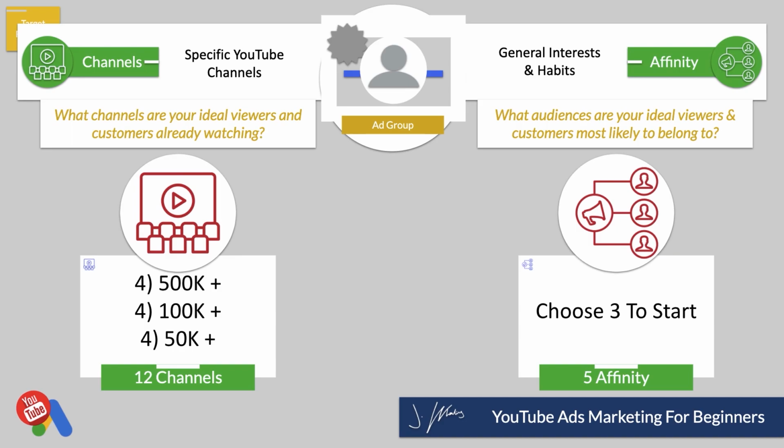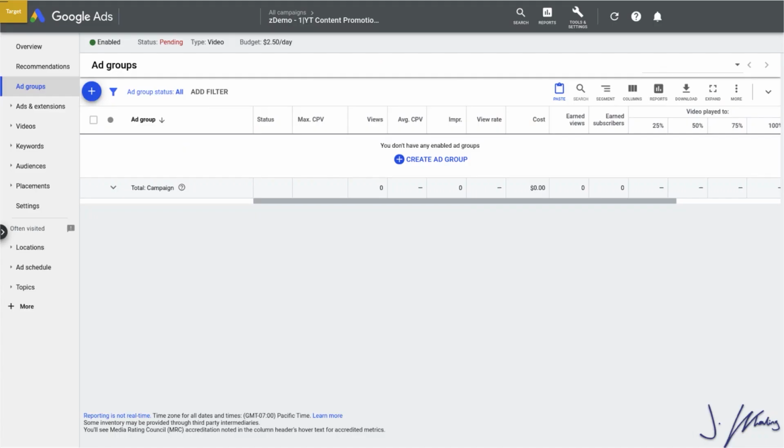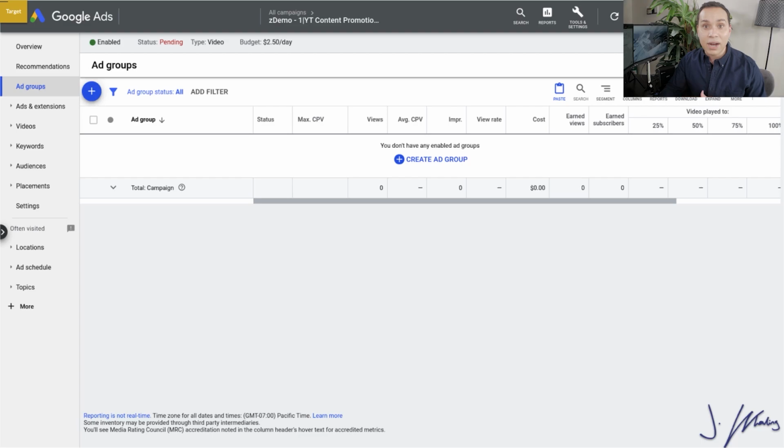So you'll be lucky to find 5, and I just put 5 there because sometimes I found our clients' accounts get carried away a little bit. So you definitely should not be able to find more than 5. If you find more than 5, you're just being too broad. So with that, let's jump back over to our campaign and create our first ad group.